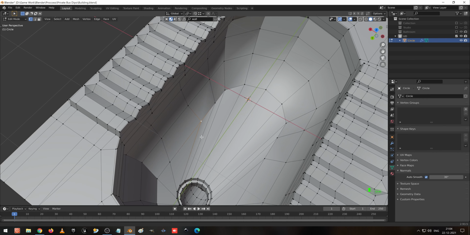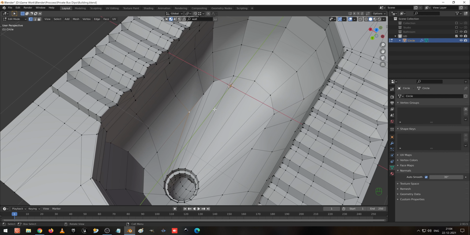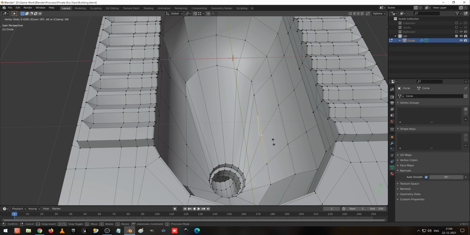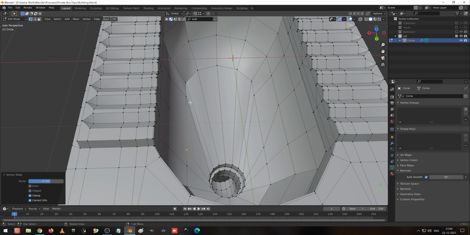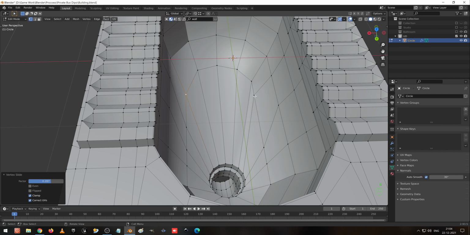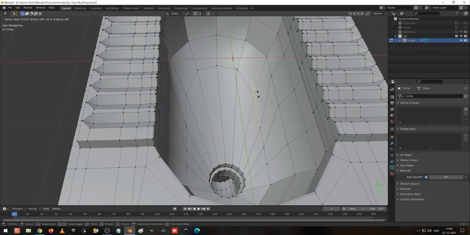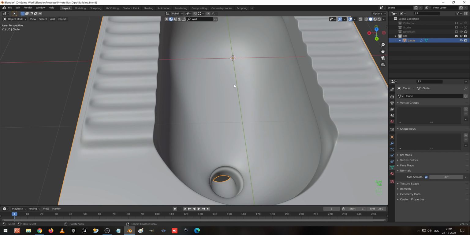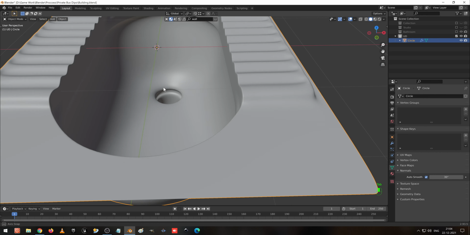So what I'm going to do is select this and double G to move, and select this and double G to move. I'm going to move it away a little bit, so this also double G to move, and this one double G to move, and select this, double G to move, select this and double G to move, and select this one, double G to move, select this one, double G to move. So let me see. Yeah, now it looks fine.